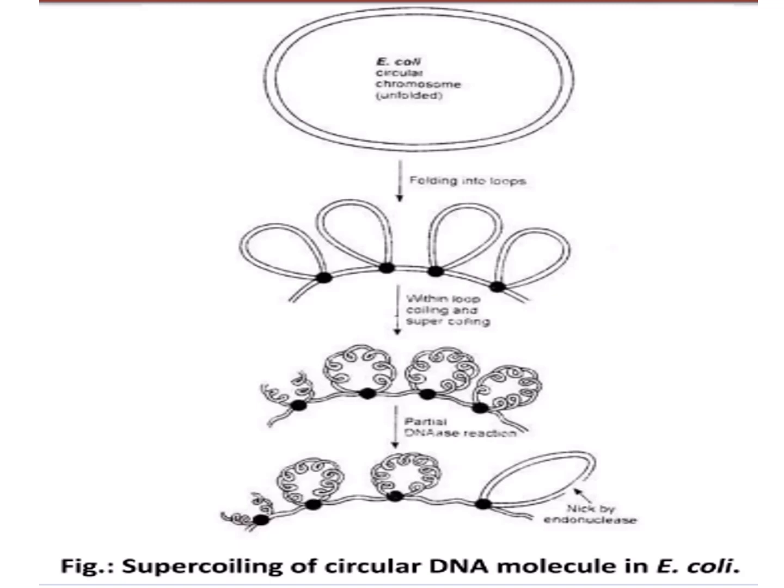Further, the topoisomerase adds turns and supercoiling. You can see the supercoils, and also some enzymes, like endonuclease, form the nick, which is a common process. This is how the prokaryotic DNA is packed inside the